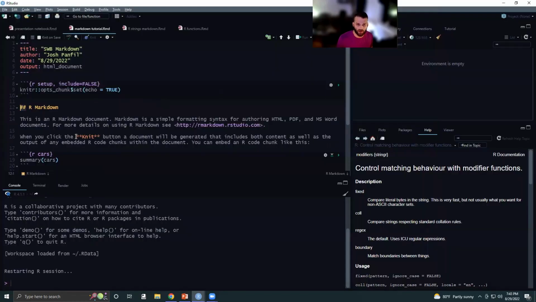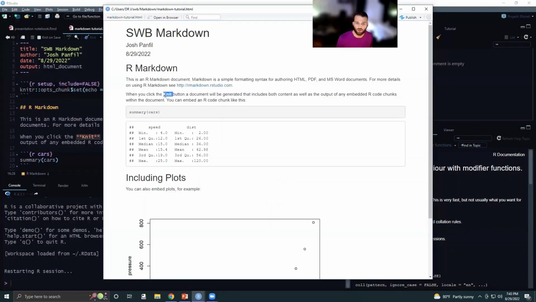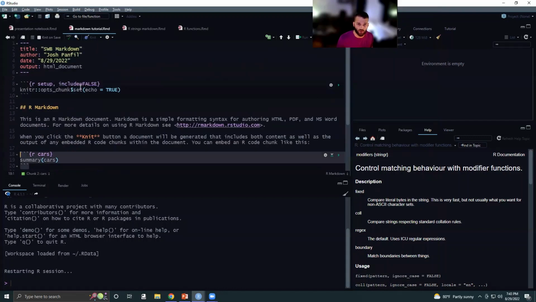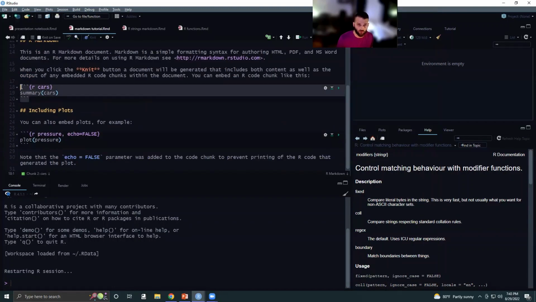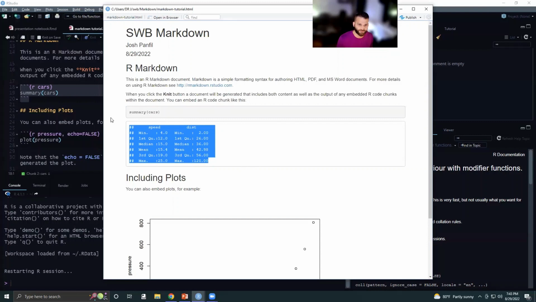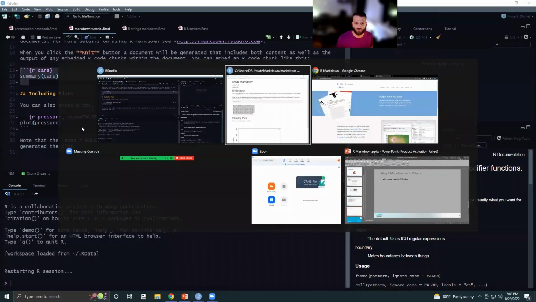And along with that, we can also do things like bolding text, italicizing text, and so on. Now, in this case, we want this code chunk to output, so we don't include this include equals false section. Now, in this section, we actually see the code and we get its output below it. And the rest of the